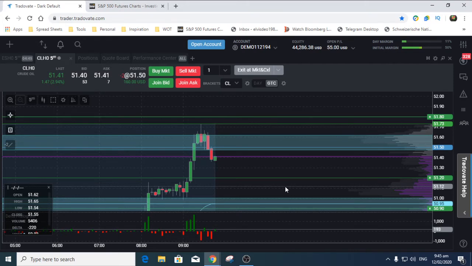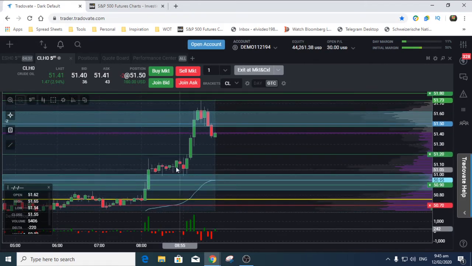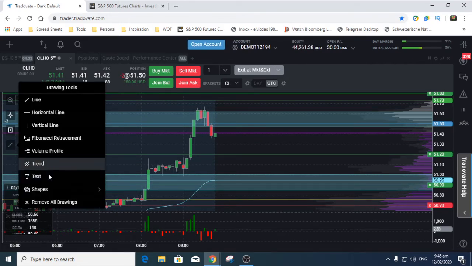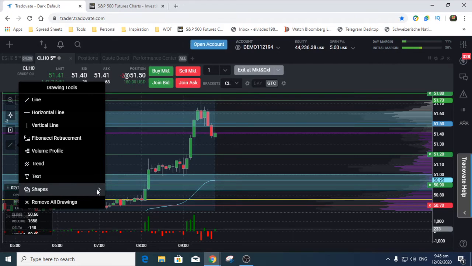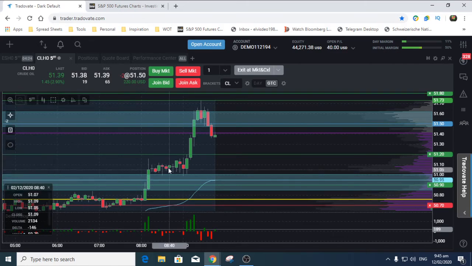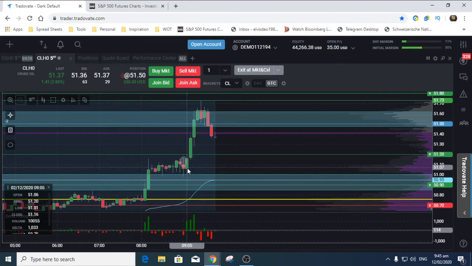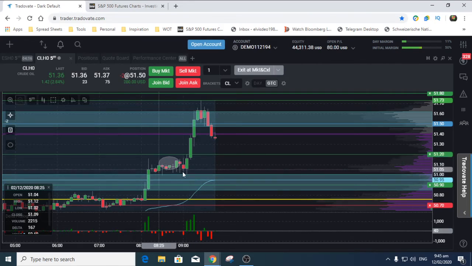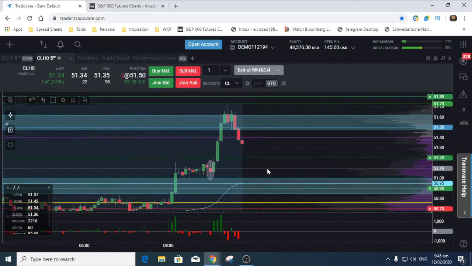So you can see that 9 o'clock opening range. Just want to see basically a retest of the 9 o'clock opening range. This is your opening range here. That's what we're looking for on the primary side. There's my shapes. Come on, ellipse. Thank you. That's your 9 o'clock, this is your opening 5-minute range here. I want to be out of the market at 10 a.m. on that side.